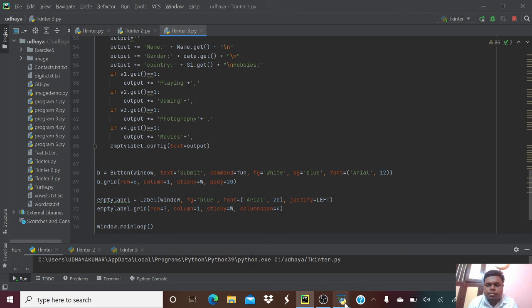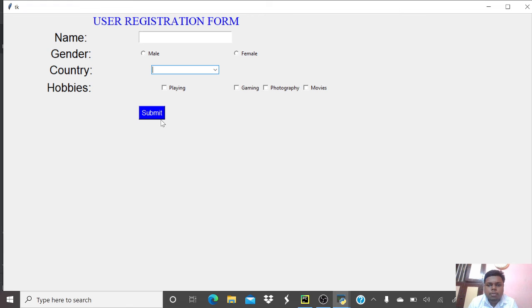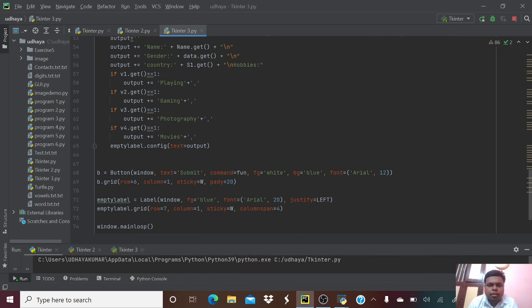We are using a submit button to submit the registration form, so we are using b equal to button of window, command, text submit, and command function, and we are giving the submit text as white color and background as blue color, and we are giving the submit font as Arial and size as 12, and we are giving a grid function to set the submit button in the correct position in tkinter.